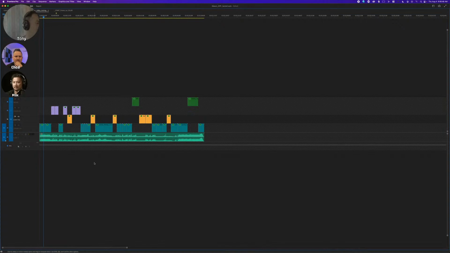So I have a timeline here, and in this timeline, I have it organized by track and by camera and even color coded. So every clip that's on this track was shot with the FX6, the Sony FX6. Every clip on this track was shot with the Canon C70, Canon R5, and then this is the drone. And all this stuff right here, this takes a little bit of time, but the easiest part about it is,